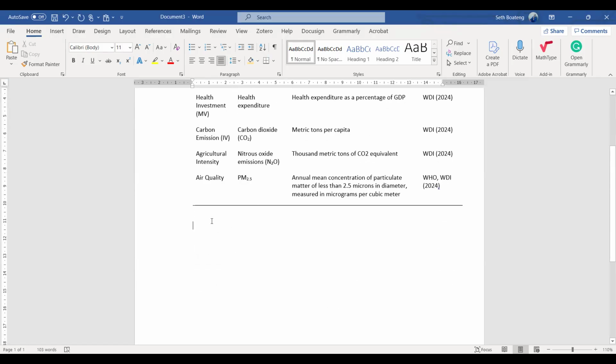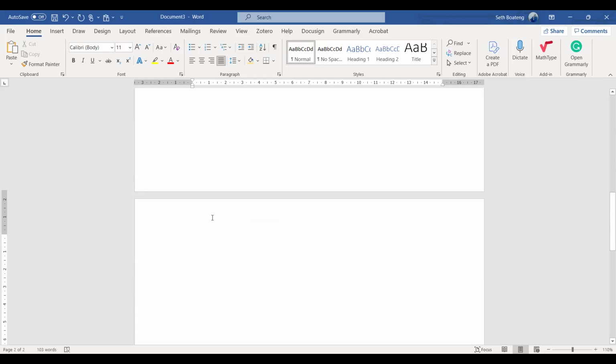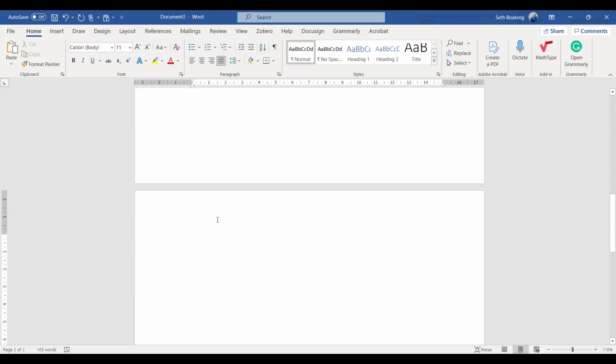So if you are starting your manuscript, as I said earlier, a manuscript is not like a thesis. It's not like a thesis where you follow the chapter structure. So your main component should be your introduction.